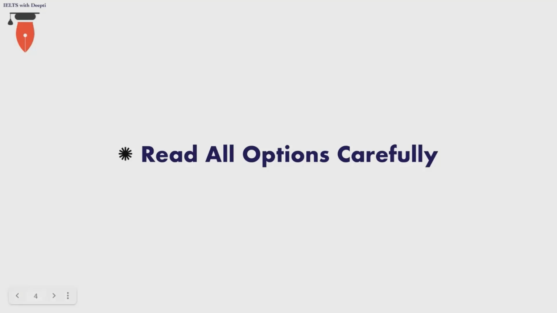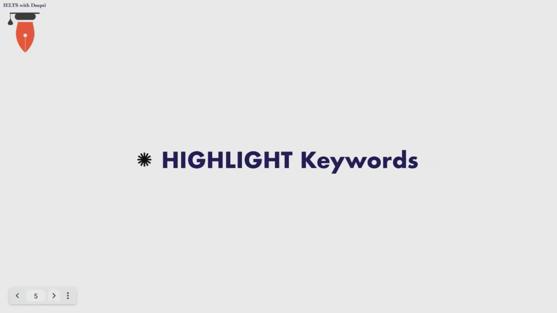The most important thing to remember is to read all the options carefully. Now, let us say there are 6 paragraphs and obviously there are going to be more options available. So till the time you don't read all the options carefully, till the time you don't understand all the options carefully, it will be very difficult for you to solve this question type. So make sure you read all the options that are given to you carefully before you start reading the paragraphs.